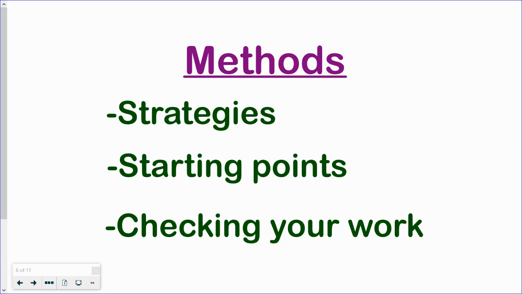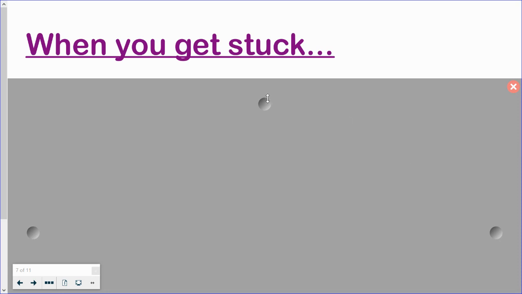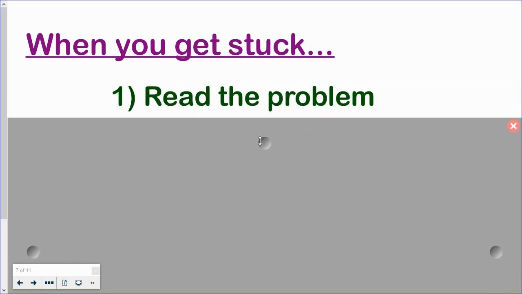This video is on some methods that we can use when we're working with our square roots. So, method number one, or methods overall, are things like strategies. There are starting points for doing stuff, and they allow us to check our work and really think through, does this make sense? So when you get stuck, when you're doing square roots, your first step should be to read